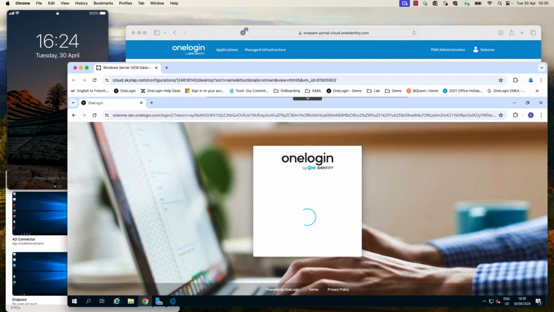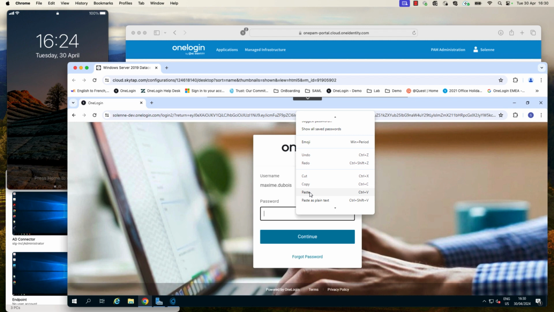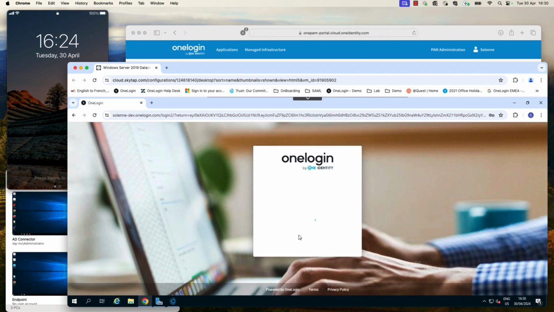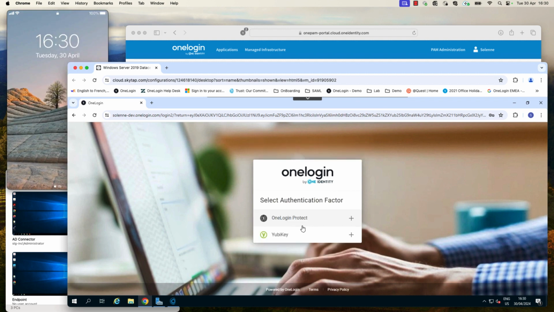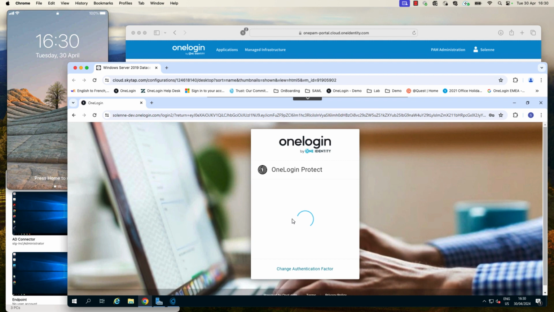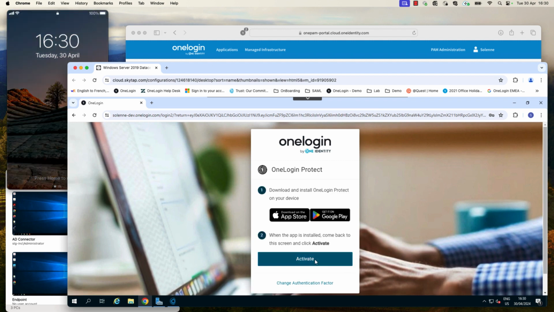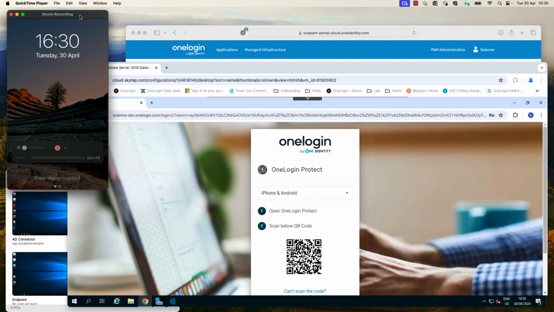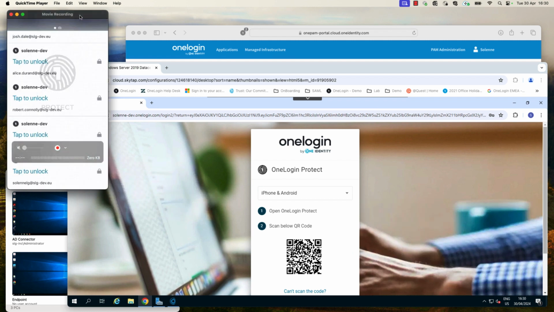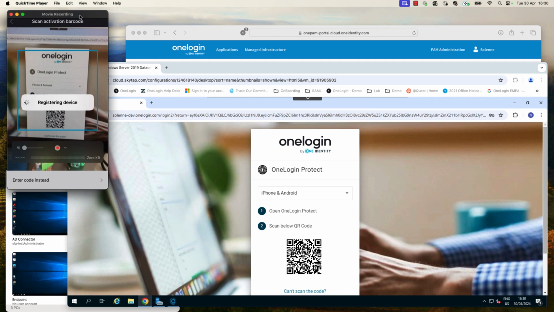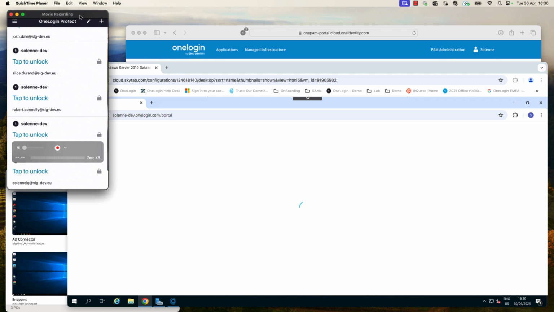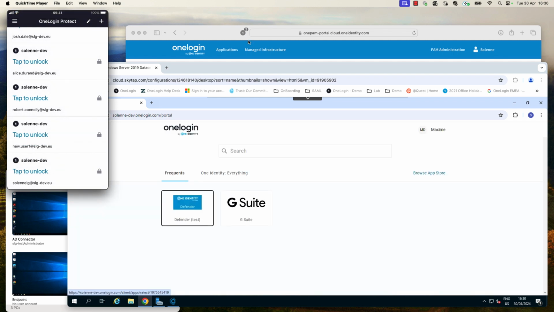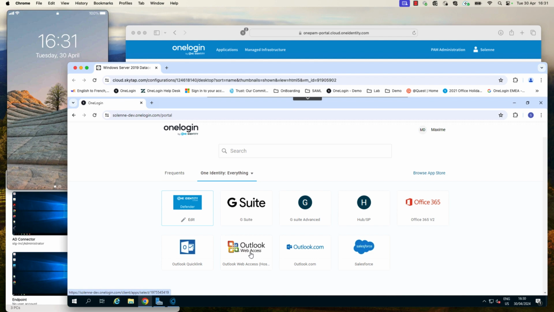He has been created in Active Roles and directly created in Active Directory. The real-time sync has allowed the user to be created in OneLogin as well, and as we can see, the user is recognized and asked to register a new MFA factor to be able to access the portal and the application. The registration process is very simple. The user simply has to open the OneLogin Protect application, scan the QR code, and that's it. The factor is now registered to his profile, and Maxime can access their applications. All the applications have been granted access and he has been provisioned into the applications that support provisioning.